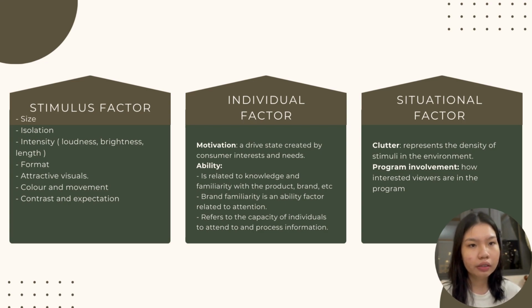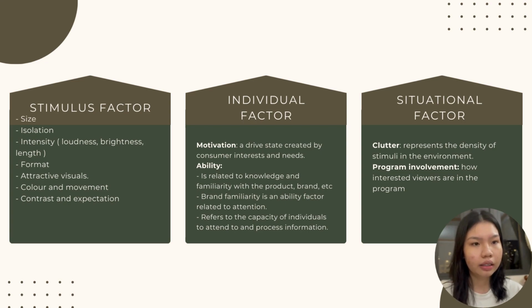And the second one is individual factors, or characteristics which distinguish one individual from another. Motivation is a drive state created by consumer interest and need, and ability is related to knowledge and familiarity with the product or brand. Brand familiarity is an ability factor related to attention, and it also refers to the capacity of the individual to attend to and process information. So the last one is situational factors, and this one